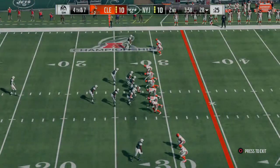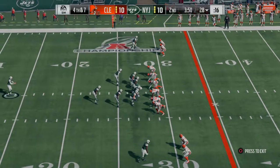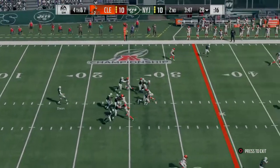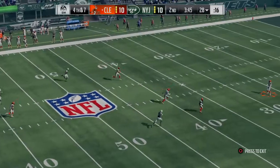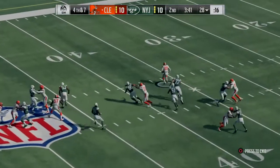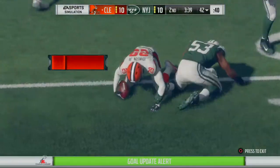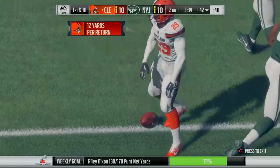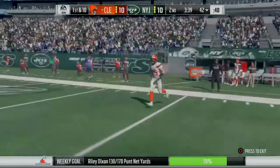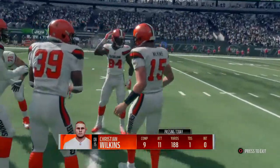Here's Riley Dixon now as he's on to punt for New York. His first punt, 45 yards. This looks good as well. Fielded at about the 28. And a big hit at the end of it. He's knocked down hard, near the 42. And now Cleveland geared up to take the field and hoping to do better than they did their last possession